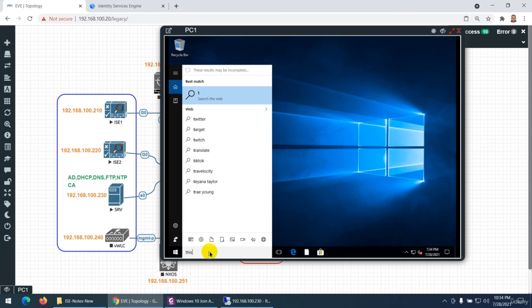Okay, and just to show you that now it's, yeah, so my PC, right click on my PC. Okay, for some reason it's very slow, but it has to be faster. Okay, so let me go to properties,